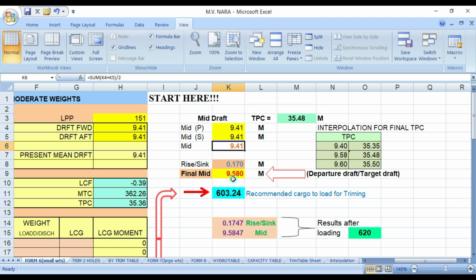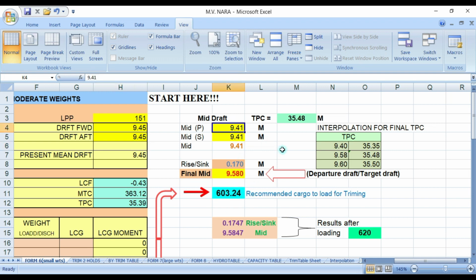This will be our departure drop, and let's say when you reach the drop of 9.45, assuming that once you reach the drop of 9.45, you will stop loading so that you will get the remaining cargo to load.